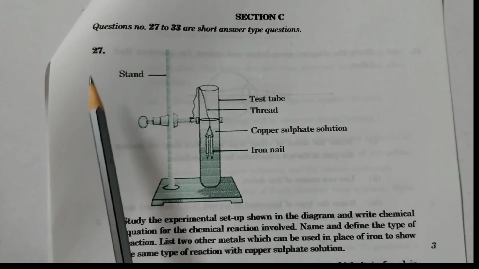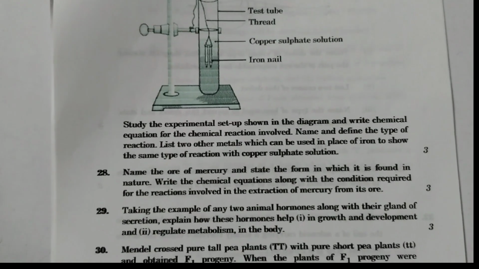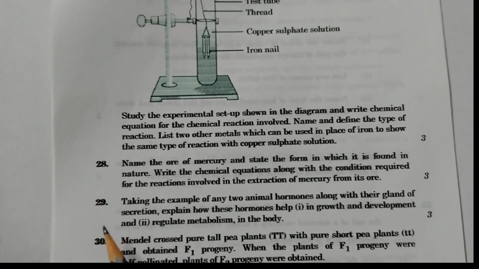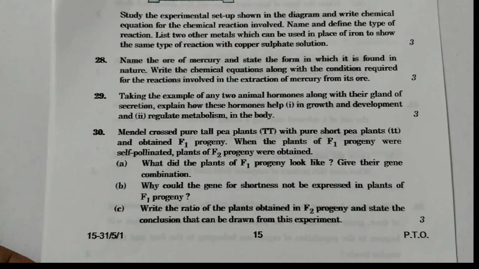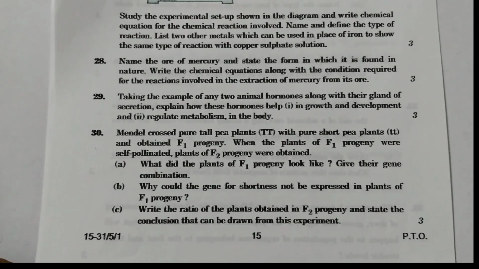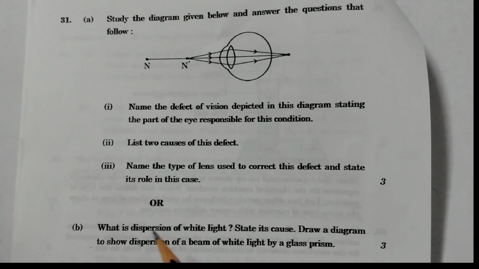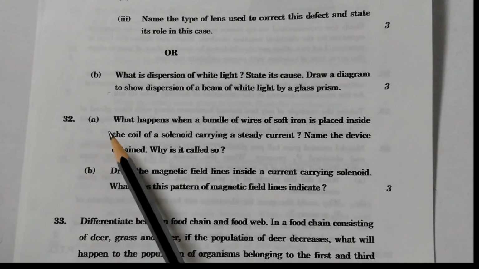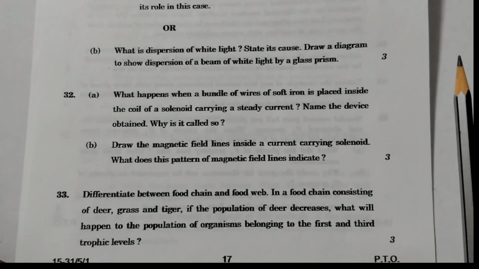Section C: question number 27, 28, 29, 30, 31A, it has 3 subdivisions, or B, 32 A, B, 33,